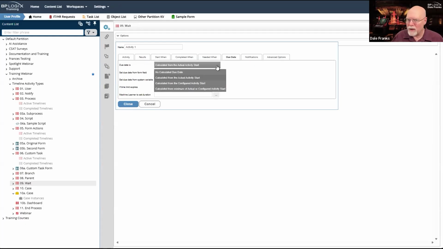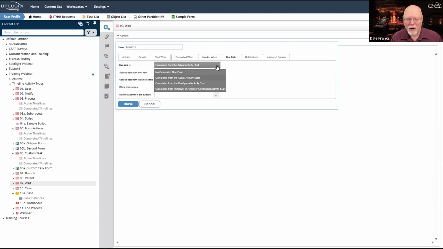Now, what we generally want to do is find the due date that is the least far away in the future. But if I want to hold something for a specific amount of time, in this case, 3 days, then I can only start counting my due date if I calculate it from the start date and time of the activity, when it actually started.